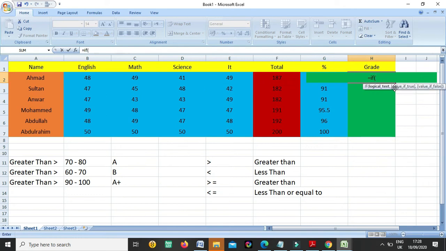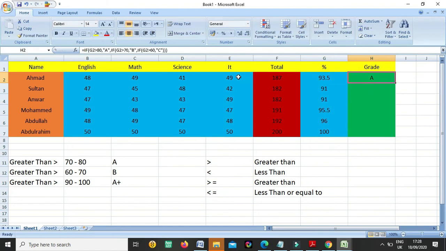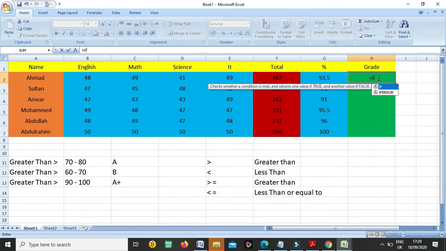If somebody has, means now before for the total we were focusing on the marks, for the percentage we were focusing on the total, for the grade we will focus on the percentage. So as you know, is equal to, once we write any of the formula, if then bracket, if somebody has, means what is the cell number of the percentage, G2.